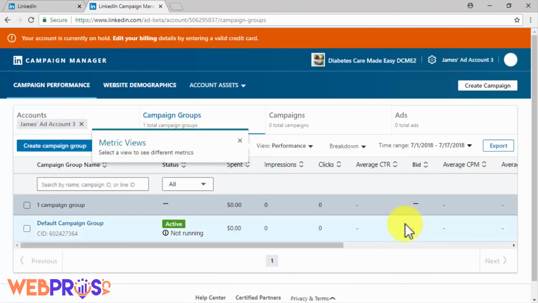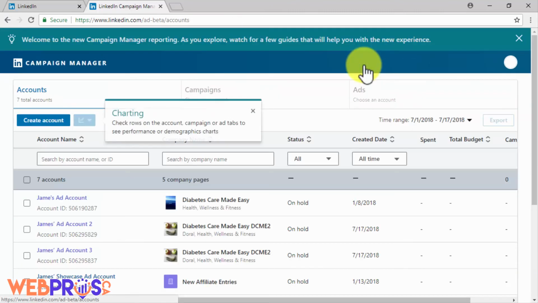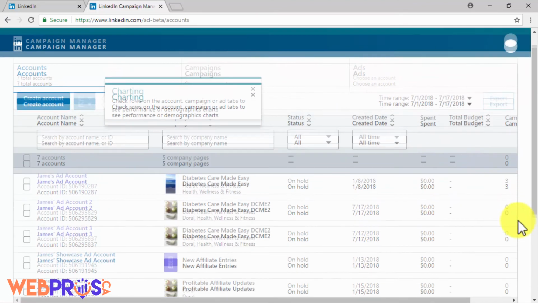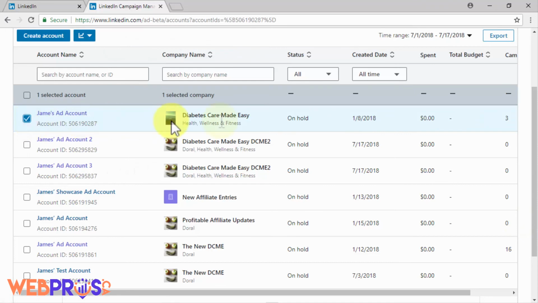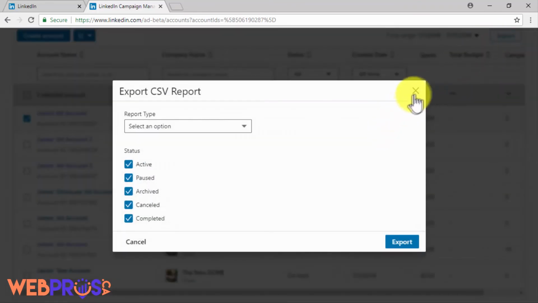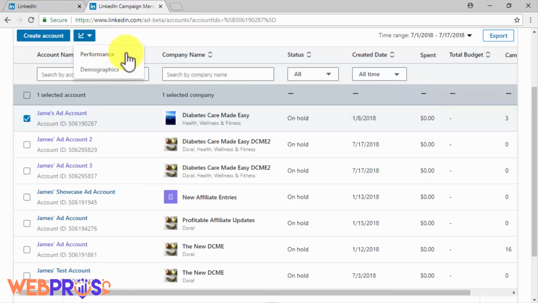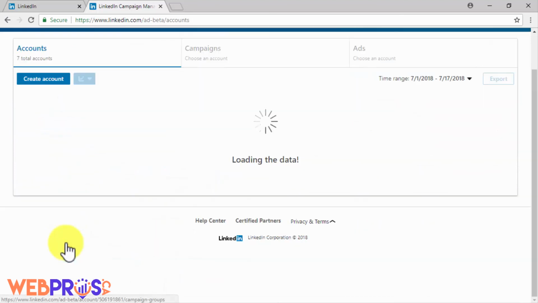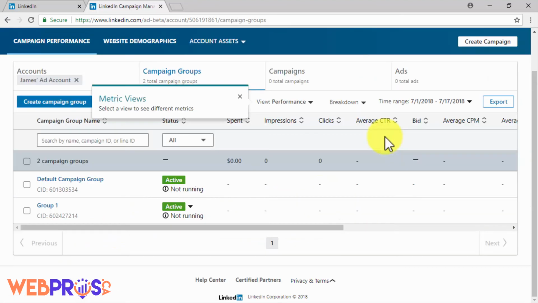that'll be it. Also, you will be able to use the options in this page to check the status of your different ad accounts. You can tick the checkbox corresponding to any of your ad accounts to get a full performance report on your selected ad account by then clicking on the Export button. You can also click on the Chart menu button to check performance or demographics data on your selected account in chart form. For this example case, we are going to select an existing ad account from the accounts list to continue with this walkthrough. To select an existing account, you will simply have to click on your ad account's name. You will then be taken to your ad account's dashboard.